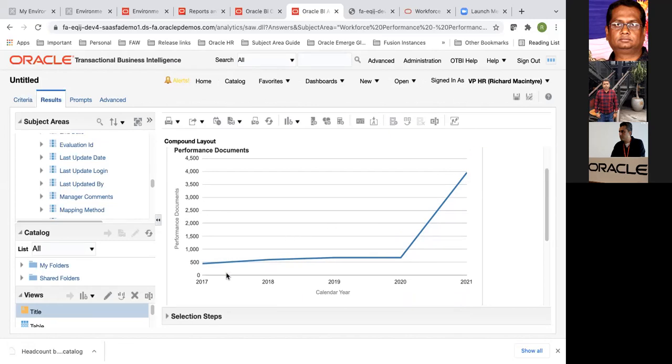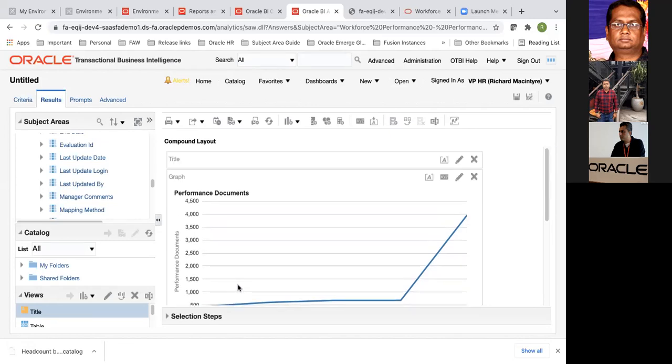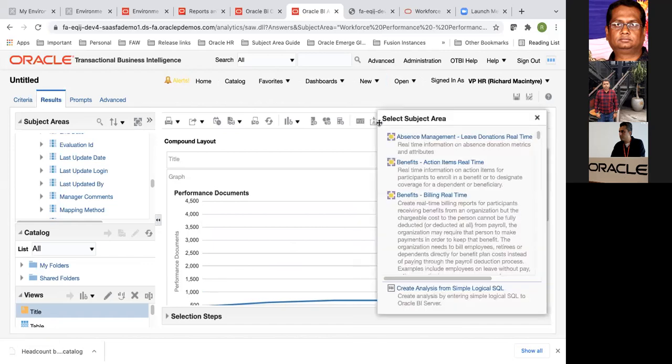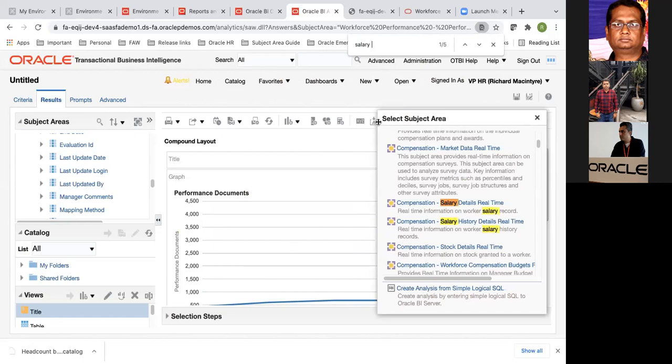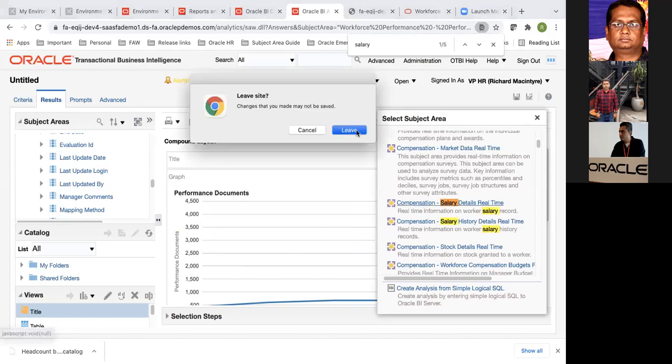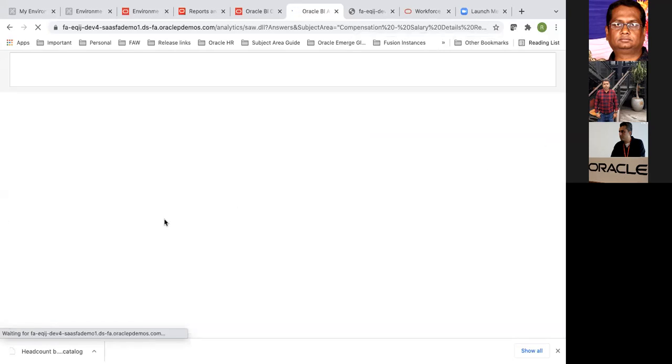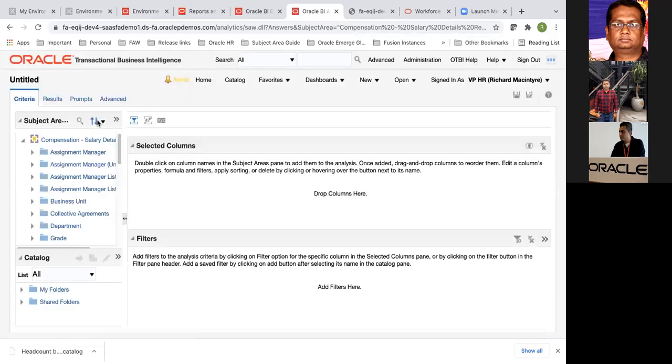Okay, so this is just one of the examples that I'm giving. You could similarly analyze the salaries in your organization, for example. So let me show that example as well. I go to the salary details subject area, compensation salary details. What happens here is I would rely on sort in saved order.